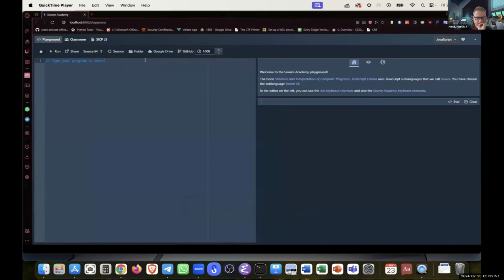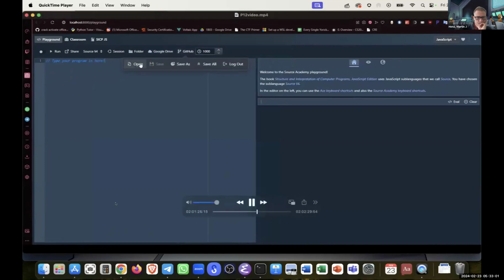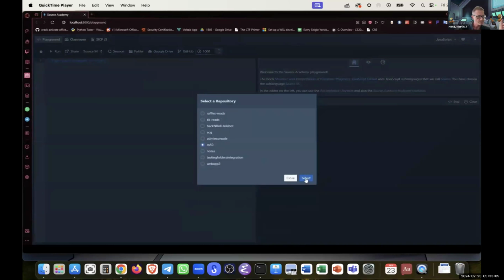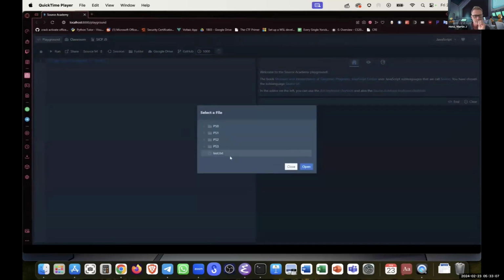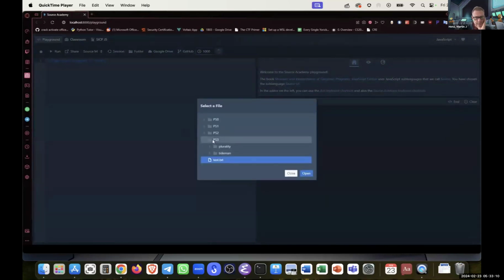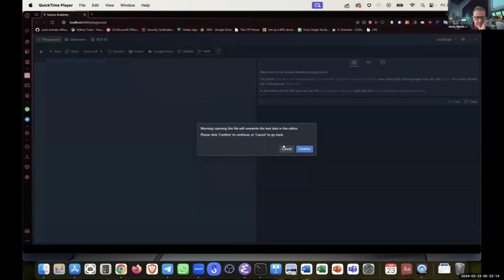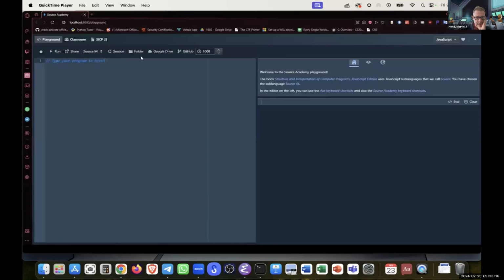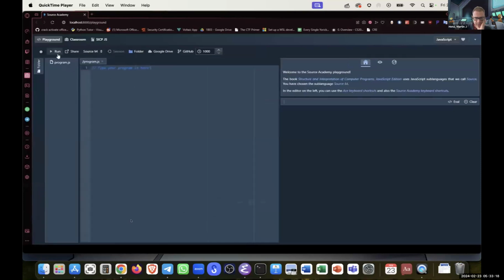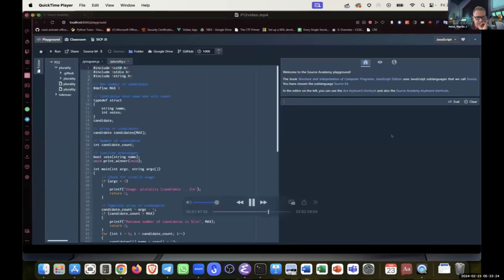So first we need to log in. As for me, I have already logged into GitHub on my browser. That's why it is so fast. So now all the buttons will be available. I will click open and you can select the repository. You can select the individual files to open, or you can select the entire folder to open. For the purposes of this demonstration, I'll be selecting the entire folder. And once you click confirm, after a while, folder mode will open, and then it will take some time to load in the files. And afterwards, the folder will be loaded in,